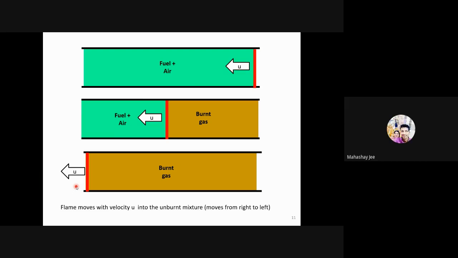Sir, I guess u will not be constant. It will increase with time. Why? Because more and more gases will be burning, so the energy will be increasing. That results in an increase of kinetic energy. No, you mean conversion of thermal to kinetic.